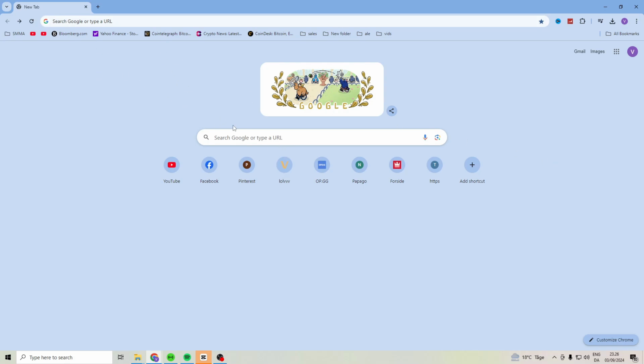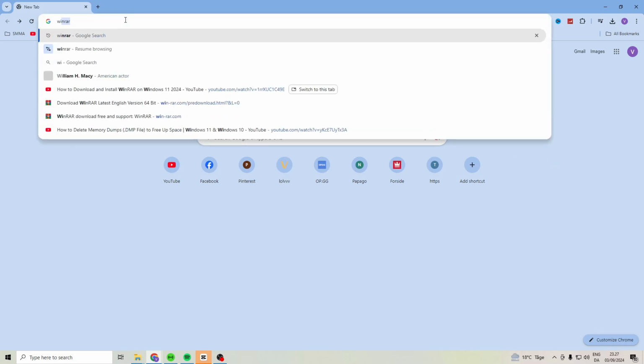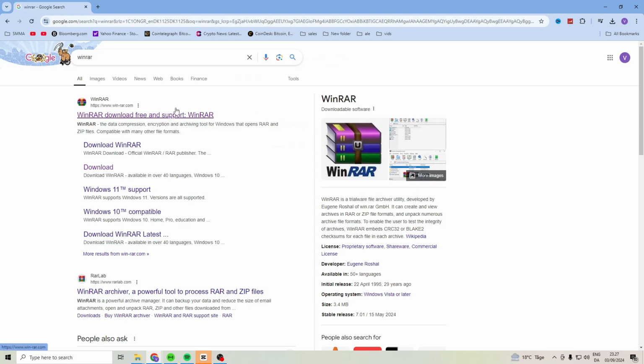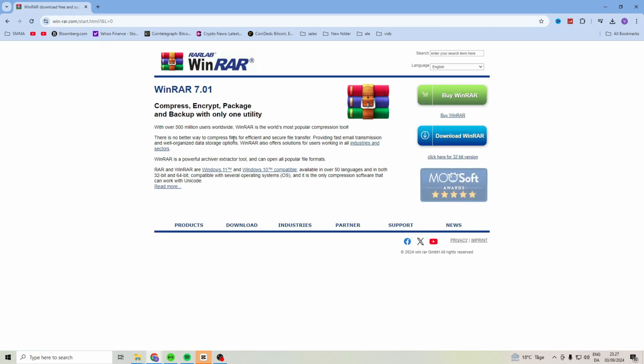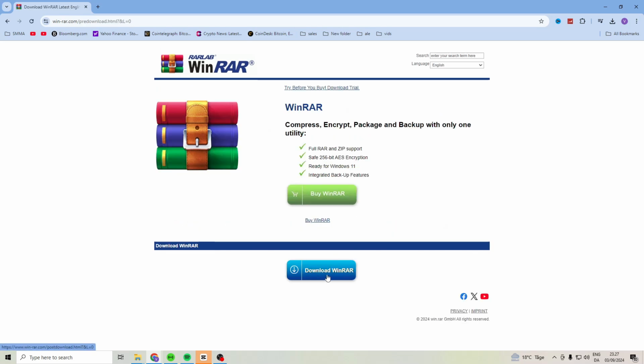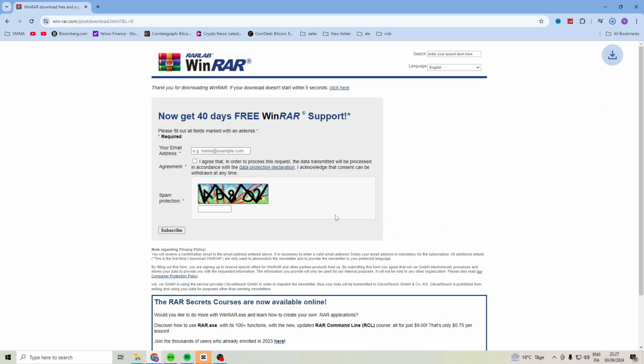So first what you want to do is go to Google, search for WinRAR, just like this, and go to here. Now it uses as the file archiver, and that's how basically you can use it. Once you're on here, you want to press download WinRAR, press download again, and then it's going to load up